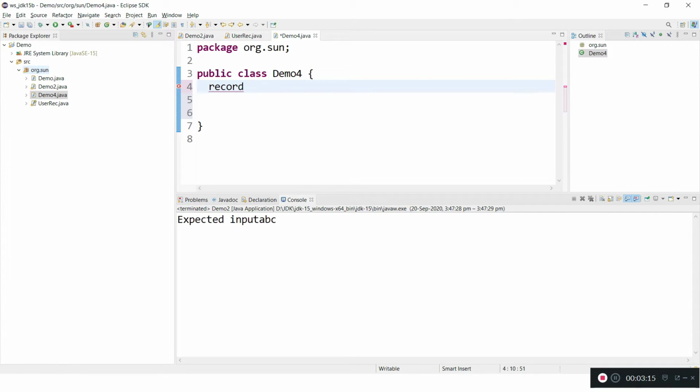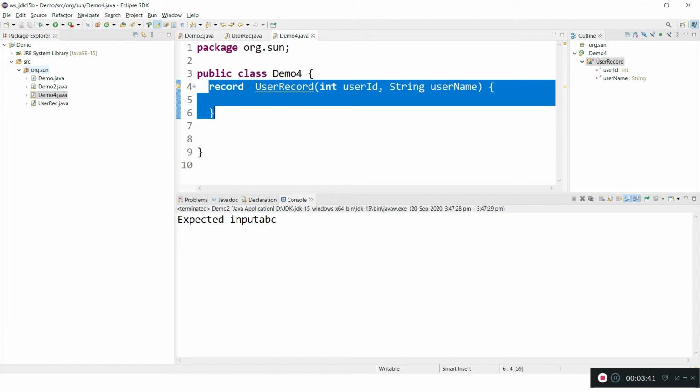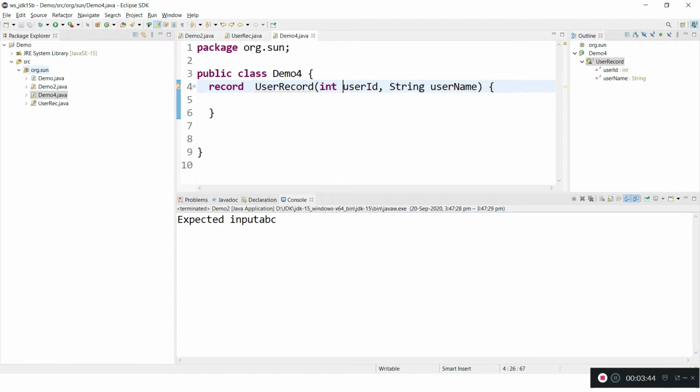I can say UserRecord, and like a constructor I can pass a user ID, let's say it's an int type, and a string username. So we need not provide any constructor or anything. This is the structure of a record instance. This record instance accepts user ID and username. There is no constructor required, there is no setter or getter required. Still we can use the record object. Let me create a main method, and